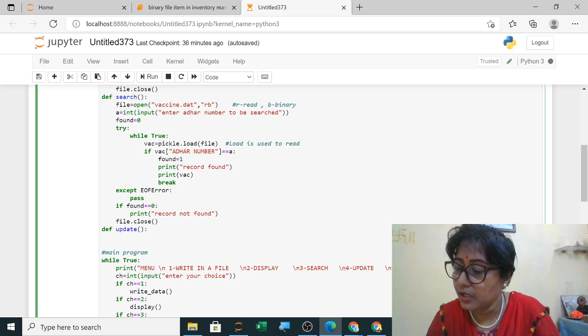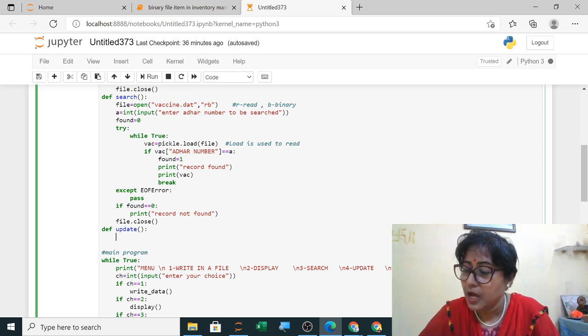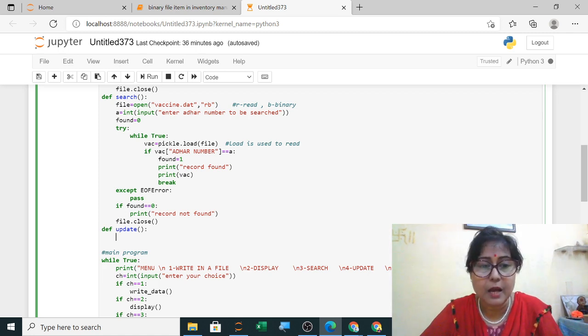In this also you have to open the file. After opening the file, you have to open a temp file. You take the record which is to be updated, and then you update that record.